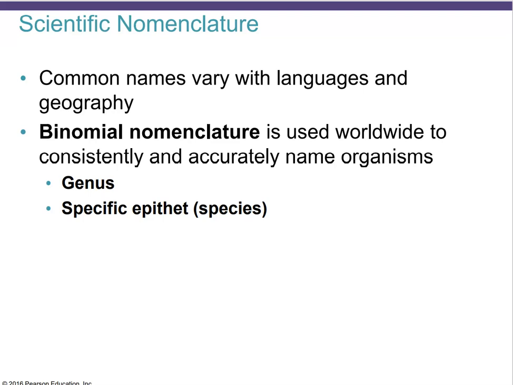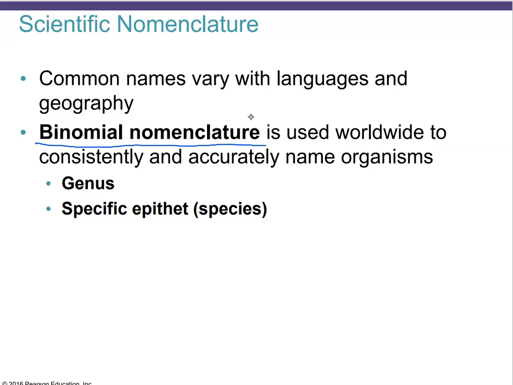Lots of people were describing the same thing but under different names, and it got pretty confusing. Everybody uses their own language too, and wants to establish their own fame, basically. So it got very confusing because too many same things had different names, and it became necessary to come up with a uniform naming system. This is where the binomial nomenclature comes in, and that is now used worldwide and consistently, so that everybody knows what we are talking about when we're using a certain name.